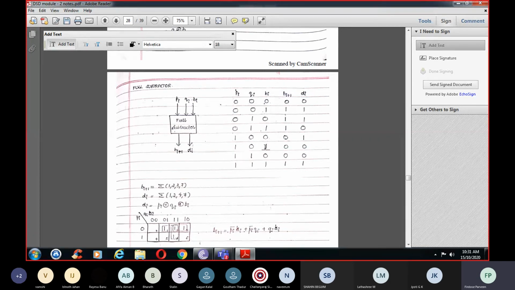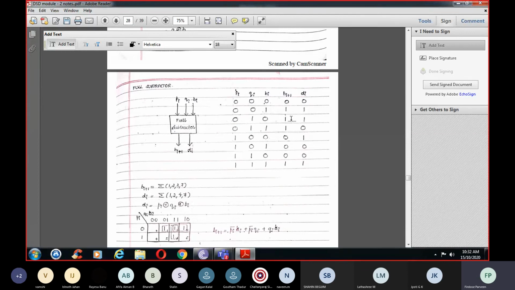1 minus 1, what is it? 0. So difference is 0 as well as the borrow is also 0. Again 1 minus 1, what are you getting? It is 0. 0 minus 0, what is it? 0. So borrow is 0 and difference is also 0. So now 1 minus 1, what is it? 0. So 0 minus 1, again it is minus 1. So minus indicates it is a borrow. So I'll be putting 1 here as well as the difference we have got 1. So difference is also 1.